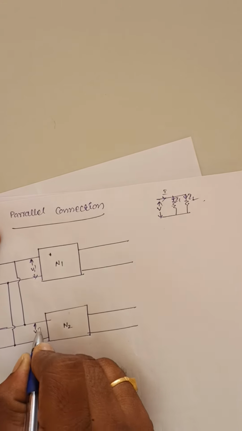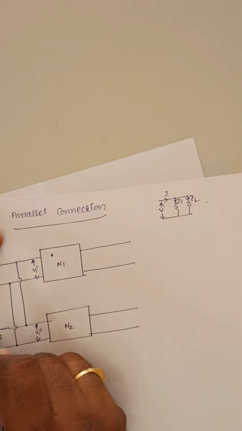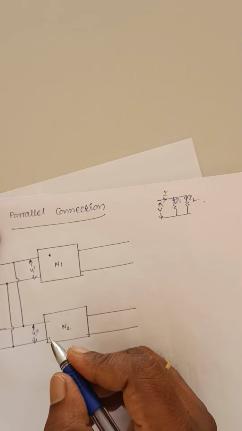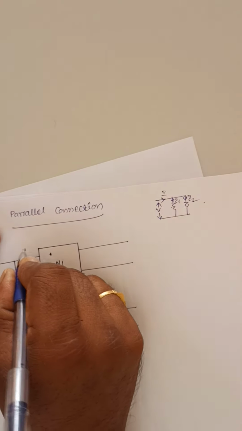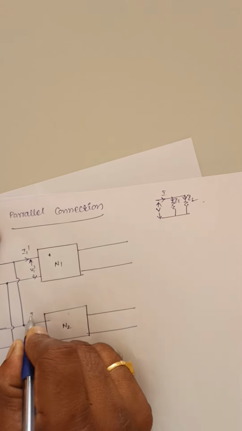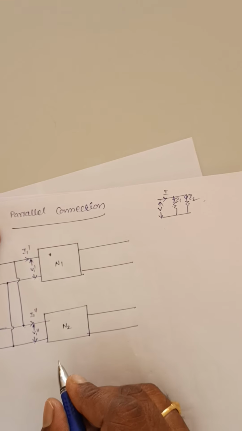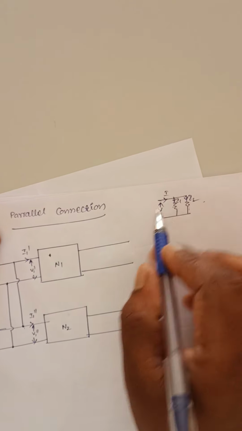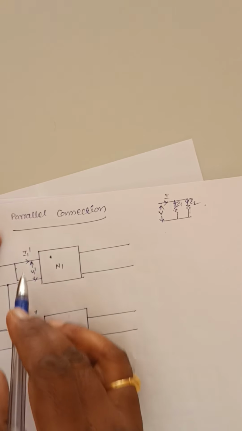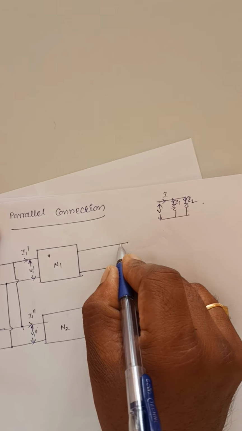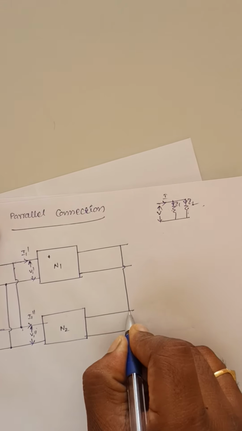Then it is V1 double dash. Let us assume like this. Now whenever the current comes at this point, let us assume it is I1. One current is going like this, that is I1 dash, and another current is going in this direction, that is I1 double dash. Among the total current, one current is flowing in this direction, another current is flowing in this direction. Right? Okay. Next, in a similar way, these two have to be connected.